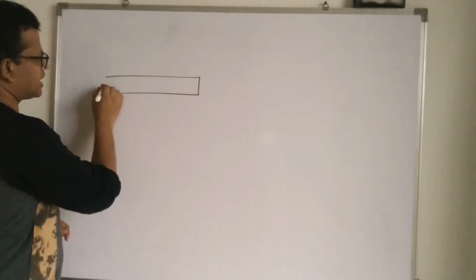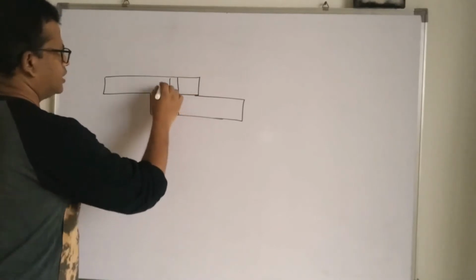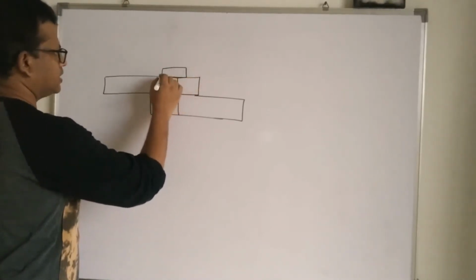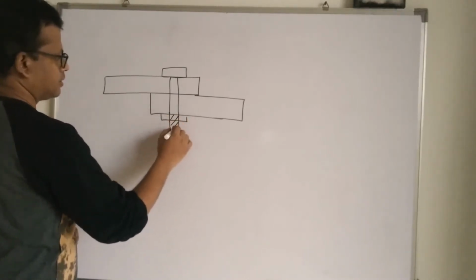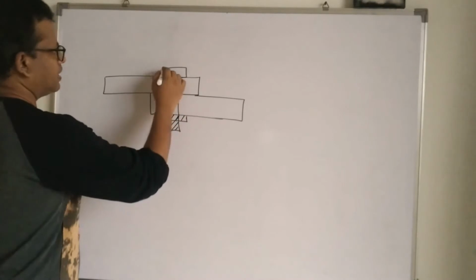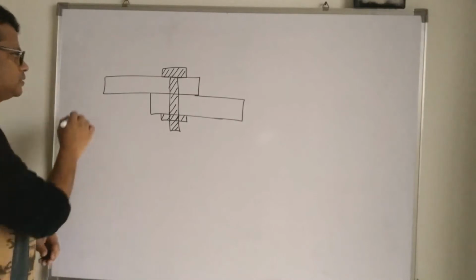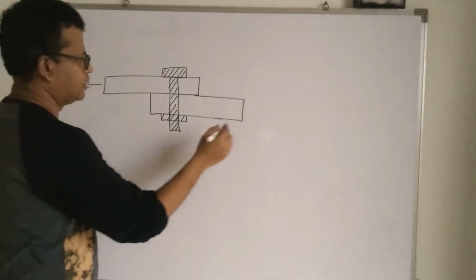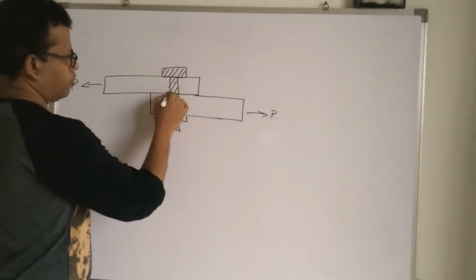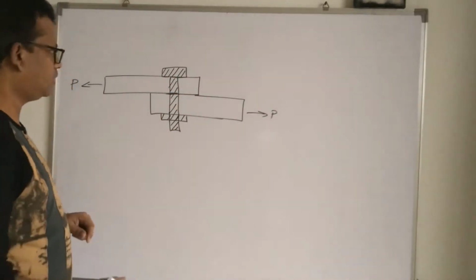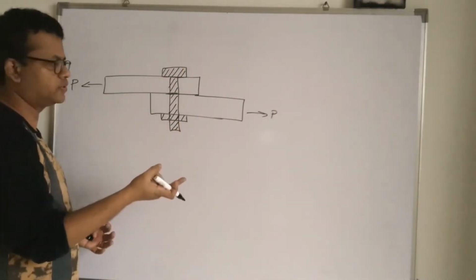You are familiar with this kind of problem wherein the two plates are given and there is one bolt which is connected to this. Okay, this is the bolt which is connected here. I'm just exaggerating the figure so that you can imagine. Okay, so there is one plate which is being pulled here, there is another plate which is being pulled here. So the bolt can get cut here, okay, because this plate is pulling this side, this plate is pulling this side, and this bolt is resisting both the forces.